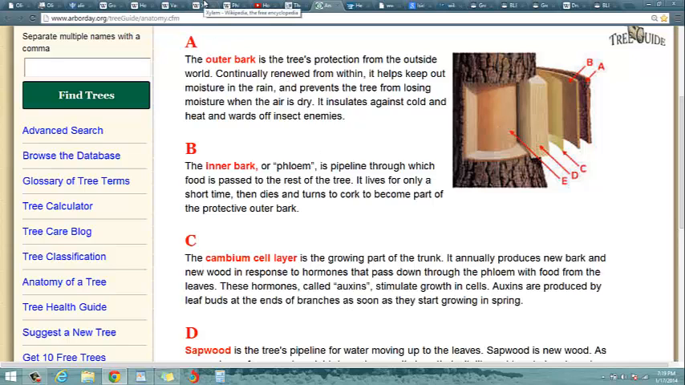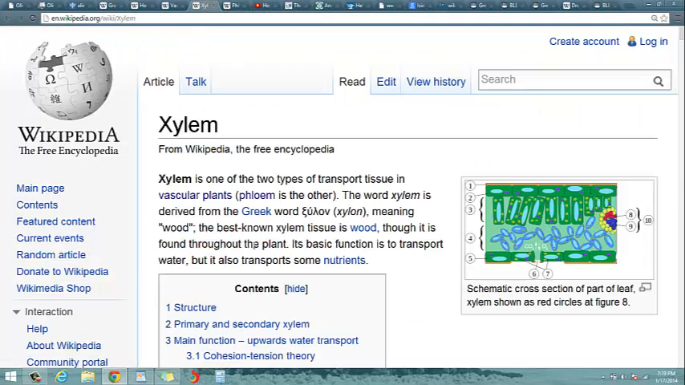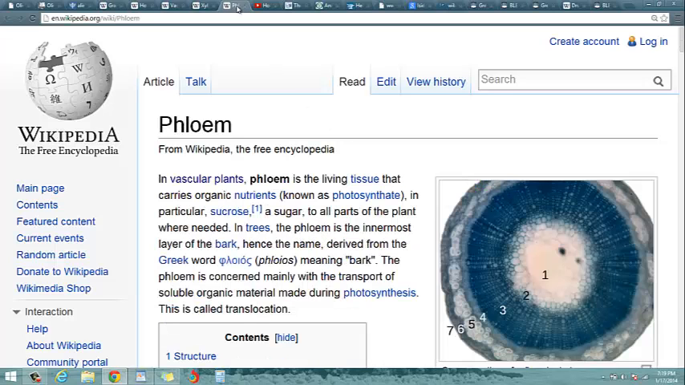What is Greek for wood? Xylon, or xylem. See, the word xylem is derived from the Greek word meaning wood. The best known xylem tissue is wood. And it said bark as well, correct? In vascular plants, the phloem is living tissue that carries organic nutrients, in particular sucrose, a sugar, to all parts of the plant where needed. In trees, the phloem is the innermost layer of the bark, hence the name derived from the Greek word phloios,